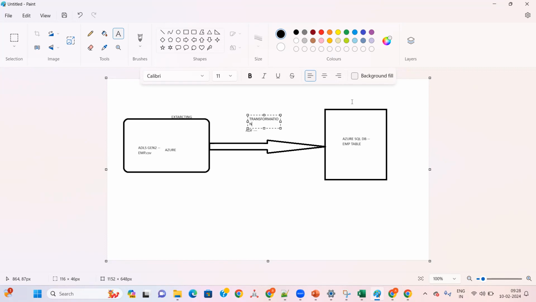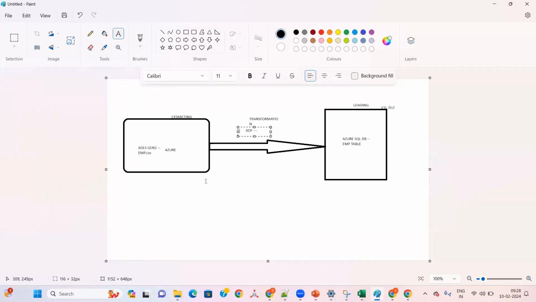Okay. And what we are doing here, we are loading the data. That's an ETL, right? Right. Overall, that's what the ADF does, right? ETL or ELT, depends on the requirement. We are doing the ETL with the help of the ADF, a cloud data integration tool, like an ETL tool. So this is the original requirement for us, which we want to achieve using the ADF